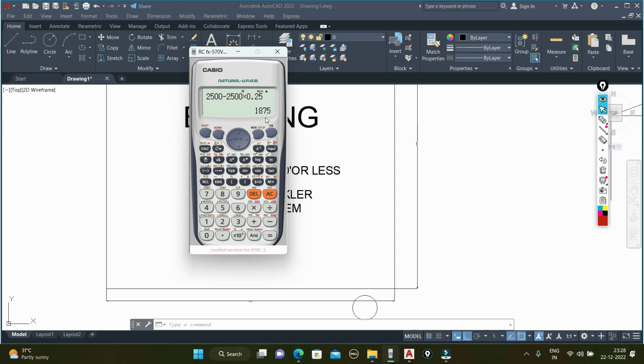Then our area of operation will be 1875 feet square. But the one condition is